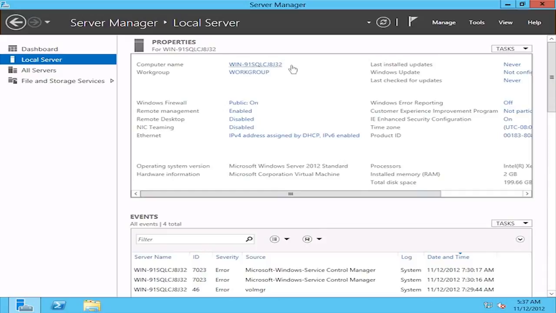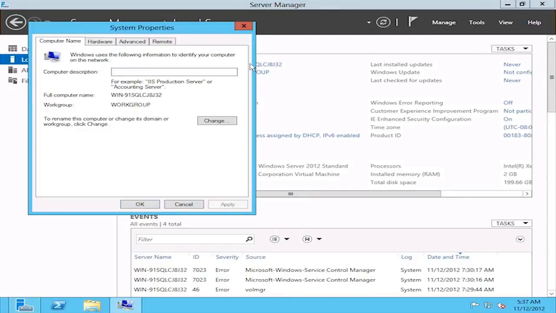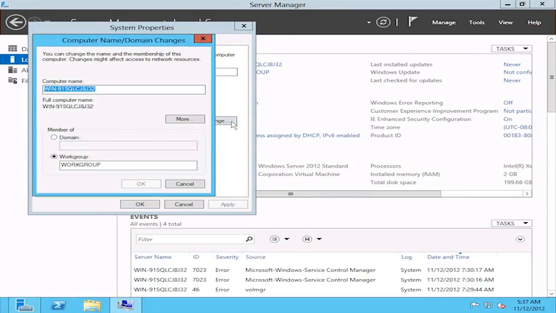So let's just kind of go down through the different properties and see what we have to set up. The first thing is the computer name itself. You'll see here it assigns a random computer name. So I'm going to go ahead and click on that. And it takes me into the system properties where I can go ahead and change that computer name. And of course, I'm going to change it to